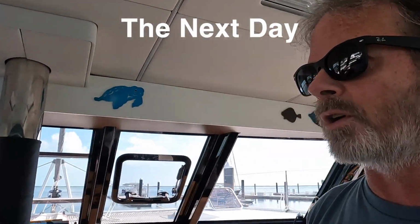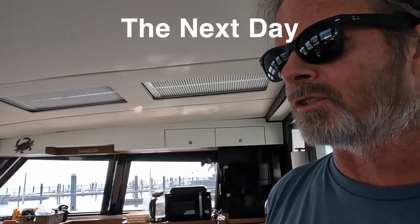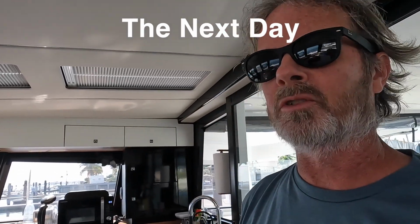Spent the morning washing the boat down and cleaning the inside. It's amazing how much salt gets everywhere. And now it's about 1:05. We're gonna head out and get some conch salad and stop by one of our favorite bars and just have a fun day. Because we're leaving tomorrow, looking at the weather and doing some deliberating around whether or not we should